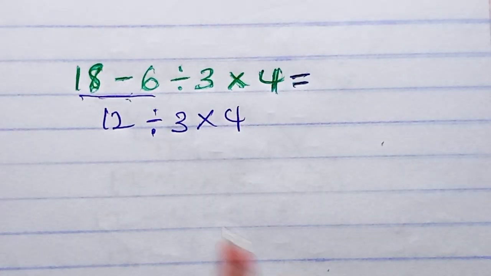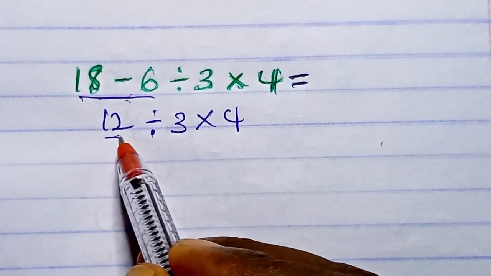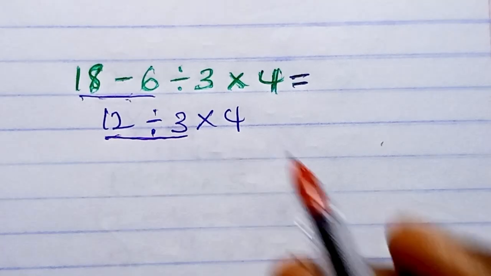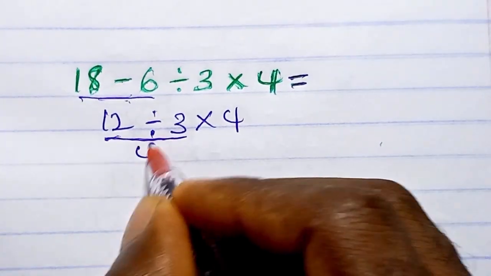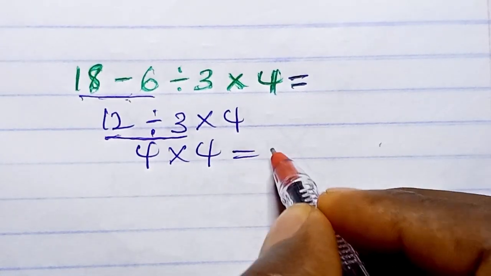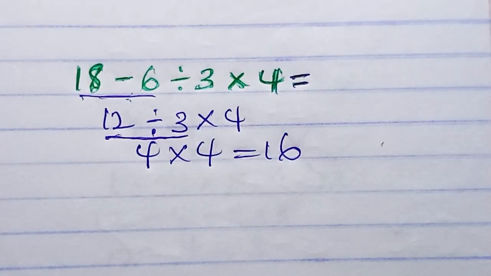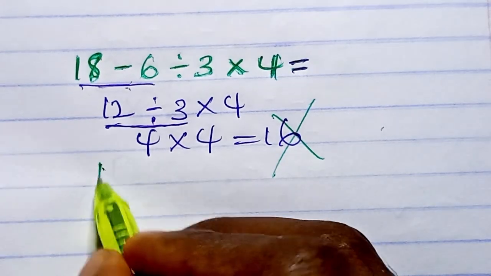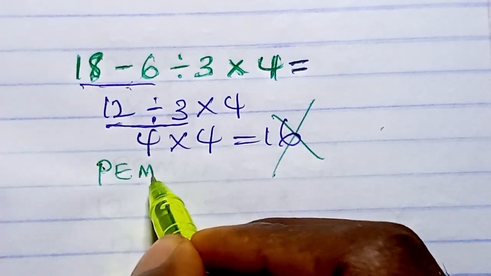Now, 12 divided by 3 is going to give us what? 4 times this 4, which is equal to what? 16. But this answer is not correct, because according to the order of operation, PEMDAS,